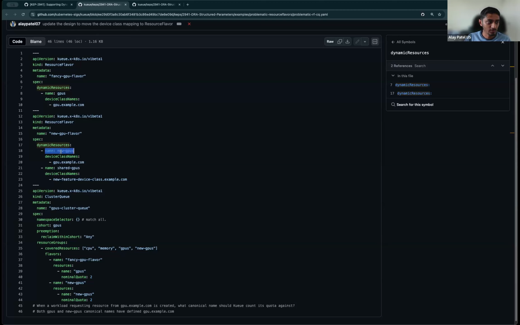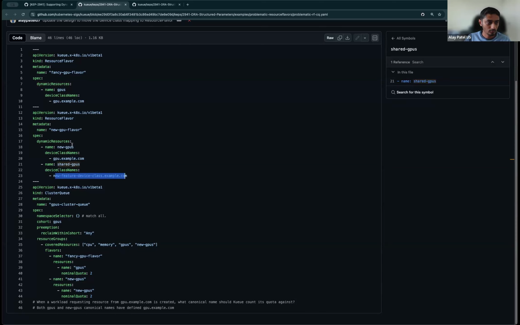They have new GPUs as the canonical name and the same device class here. And along with that, because this new GPU flavor allows additional sharing mechanisms, they have shared GPUs and then its device class present here, right? Now, considering these two flavors, the cluster queue is defined for GPUs and new GPUs, and a nominal quota has been put in place for both of them. So in this case, what will end up happening is